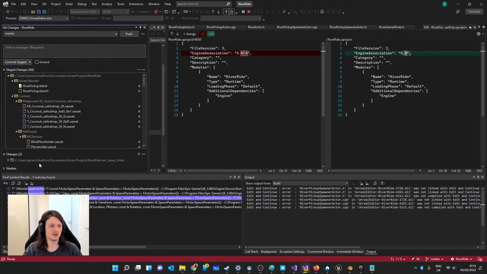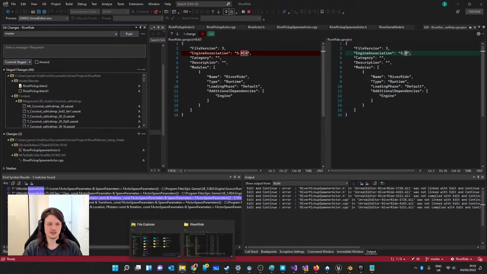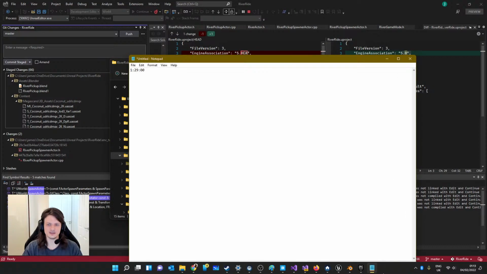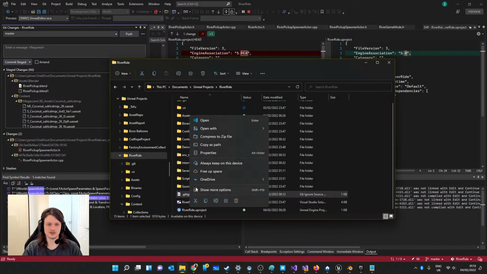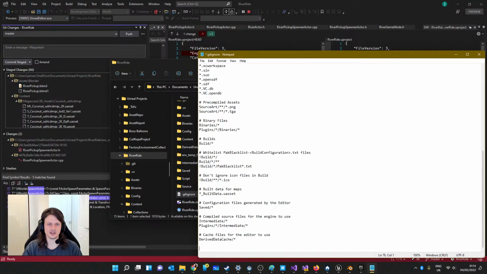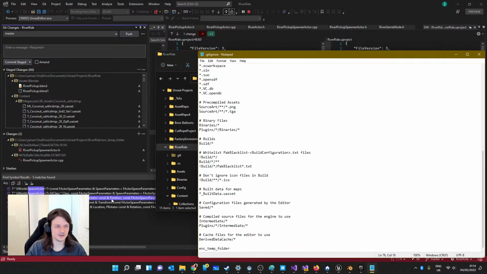So if I go and stage that, but we've got one more folder, the temp folder. Temp, I don't like the idea of that. So we'll leave that out, but it also goes to show we need to add another ignore in our Git Ignore. So let's go and do that. If I go to my Riverside folder, open up this file, I think it's already in. Okay, maybe not. Let's open it up with Notepad. We'll go to the bottom and make sure that, what was it called? enc underscore temp, temp underscore folder. If I save that, you'll notice